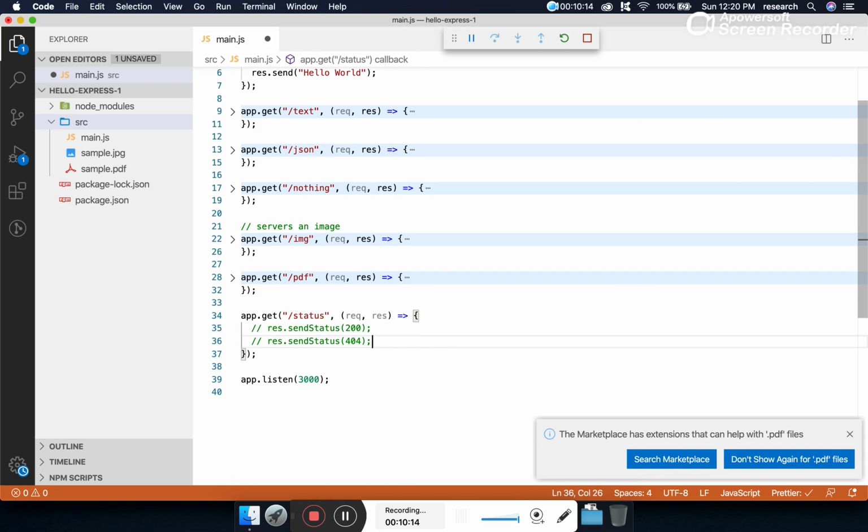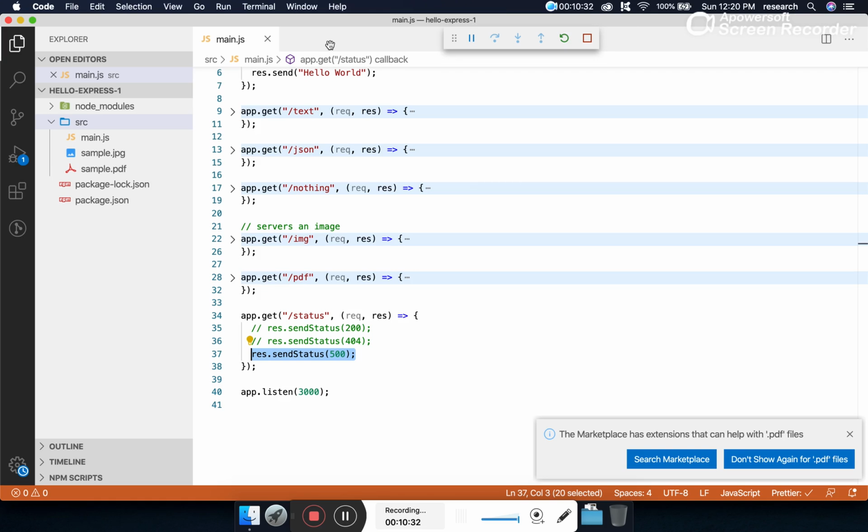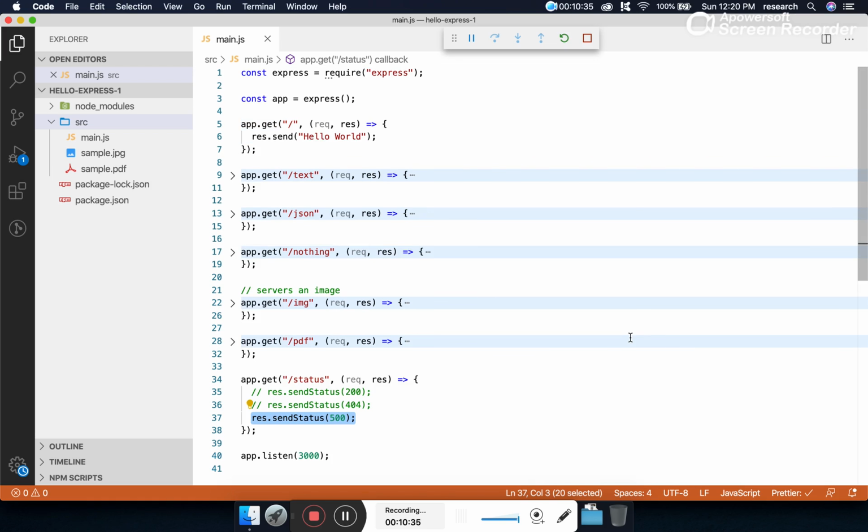Let's suppose we are trying to return a standard error, 500. 500 means internal server error. Let's suppose we are getting some server error. We can directly return that kind of response. That means in your catch block, if some exception happens, and I call this, you can see internal server error. So what we have learned in this episode is how to return different types of responses, either text response, JSON response, or nothing at all, how to serve a file that can be an image, PDF, or anything, and also how to handle different types of status codes.